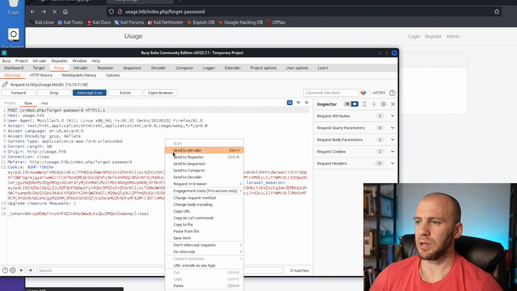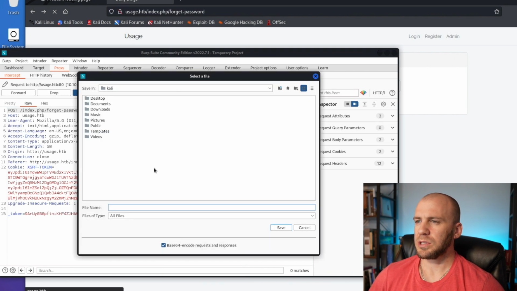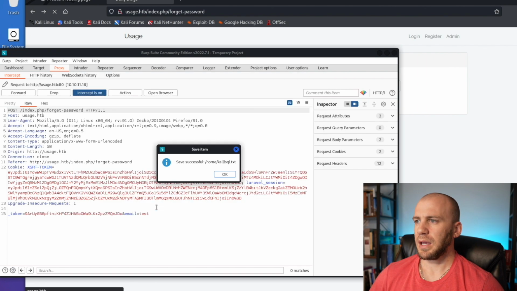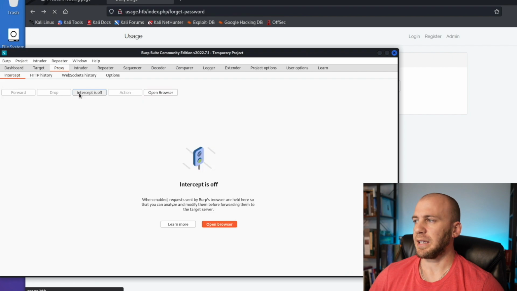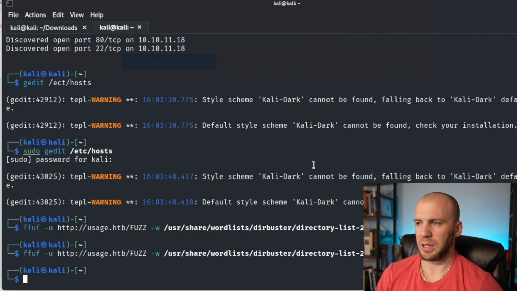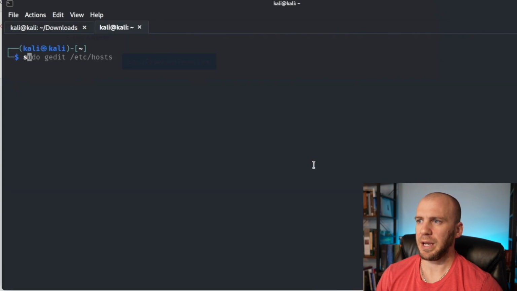So we would save this item. We'll just save it to the desktop, sql.txt, and save that to our desktop. We're going to use the email parameter inside sqlmap. If we come over and we just clear sqlmap, we'd use the request sql.txt, and we wanted to use that email parameter, and we can use level 5 and risk 3,